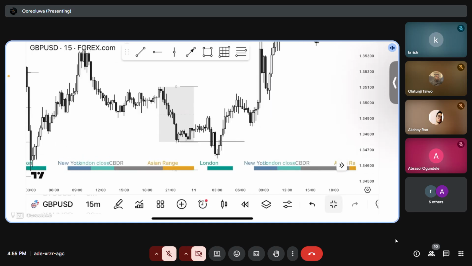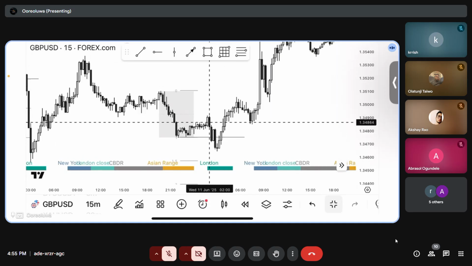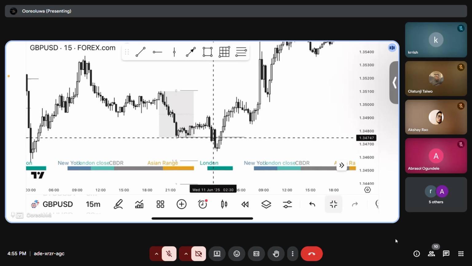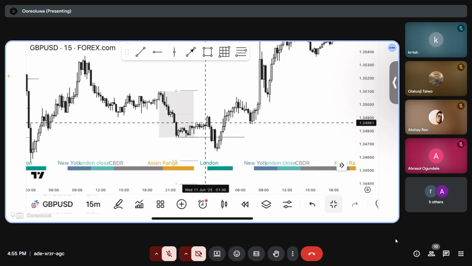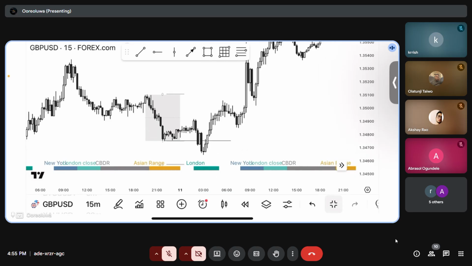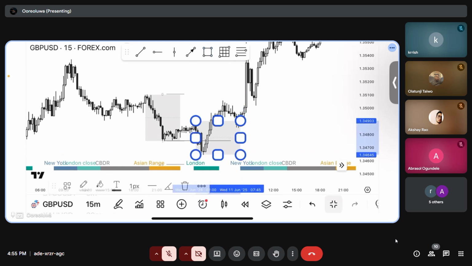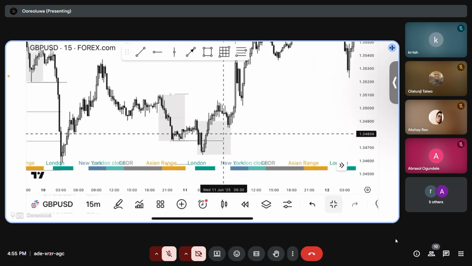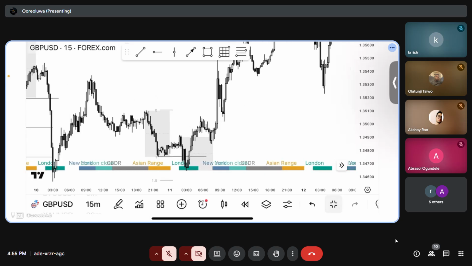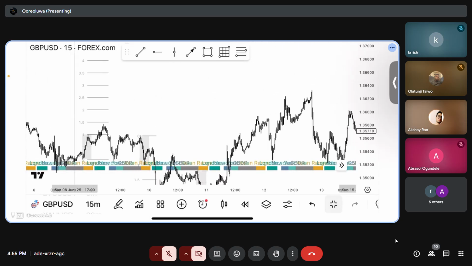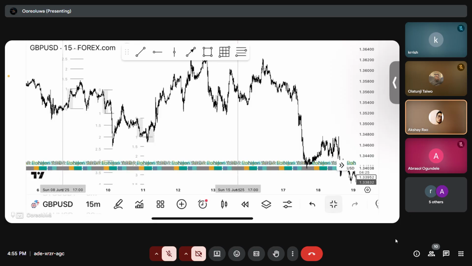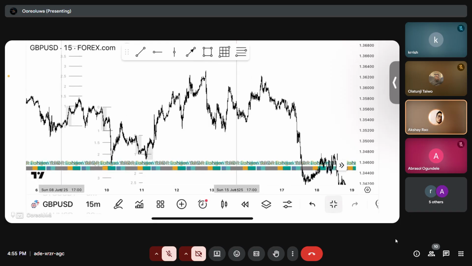Now look at these three consecutive candles. This 1, 2, 3. This buy candle here got neutralized by one of it. So you see another block. So this is a full other block here. You could have taken another block trade from New York and ride it up to the upside.